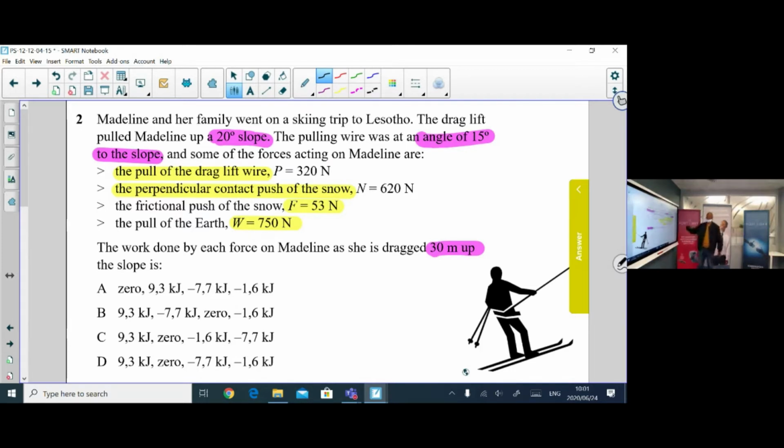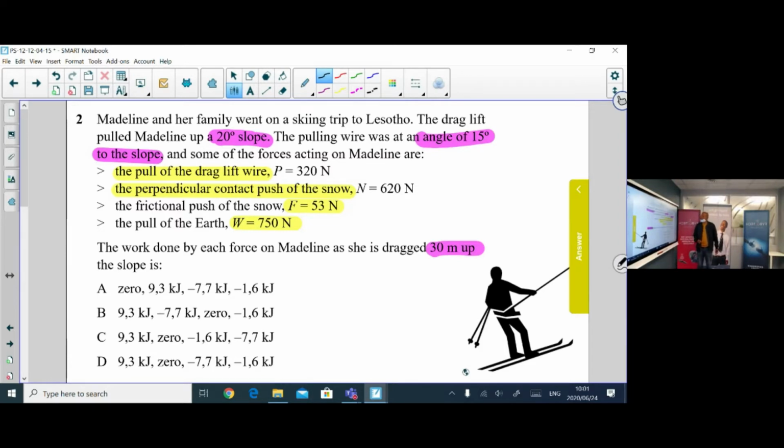Okay, if you can just look at this one, I will read it for you, and I will give you 5 minutes. Madeline and her family went on a skiing trip. The drag lift pulled Madeline up a 20-degree slope. The pulling wire was at an angle of 15 degrees to the slope, and some of the forces acting on